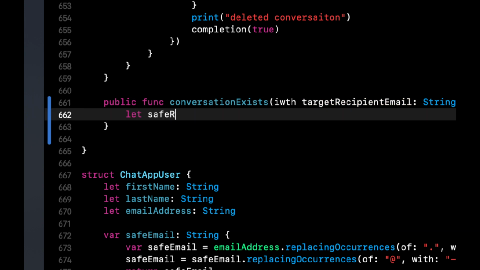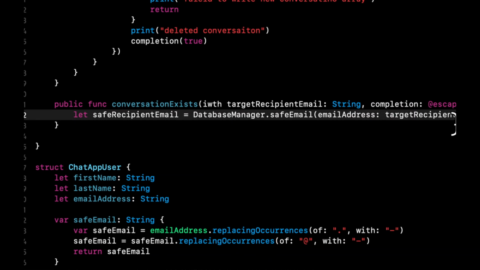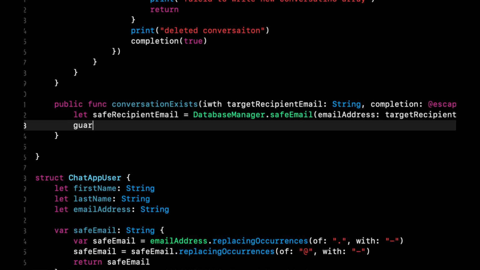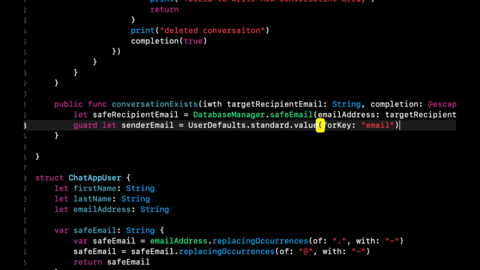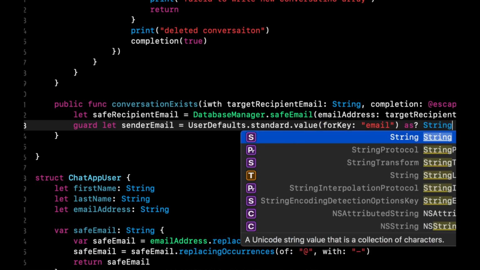So safe recipient email is a database manager, safe email, pass in this guy, and then we can get the sender email, which is user defaults, standard, value for key, email as a string,